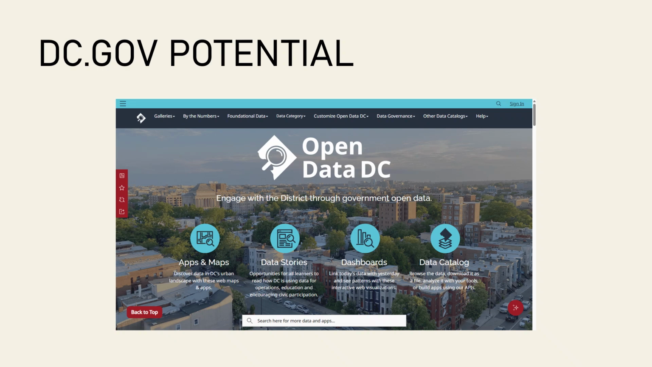The next step would be something like this. This is a newer DC government website, the Open Data DC, and this is an idea of what DC.gov websites could look like. It still has the same drop-down menu and the logo, but it looks more streamlined, looks more modern. The next step in updating all the DC government websites would involve changing the layout of all the DC government sites to create some continuity in their design,